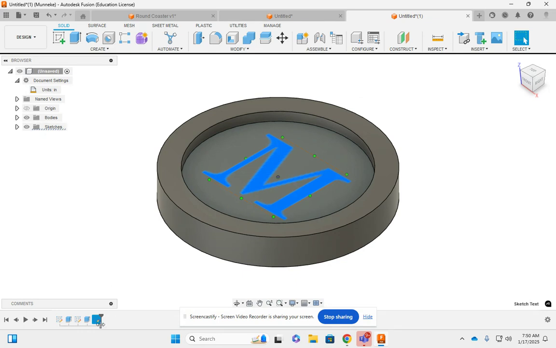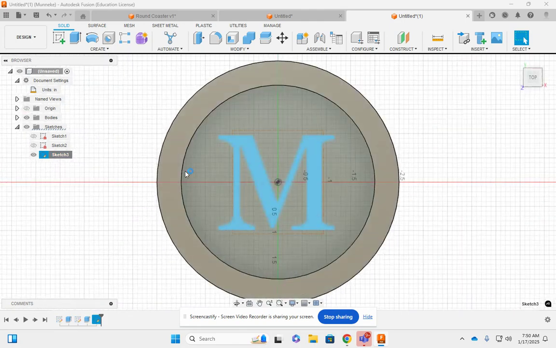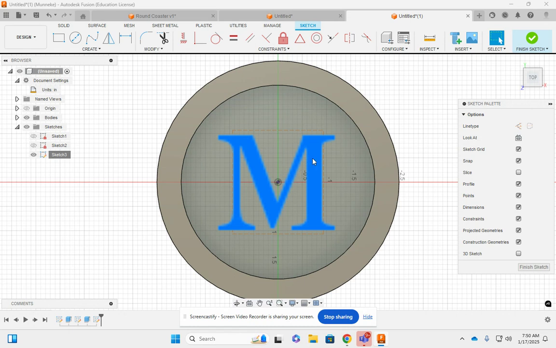And I want to go back into that sketch. So I went out of that sketch. If I need to go back into it, I'm going to open that. Here's my first sketch. There's the second sketch. And I can right click these and edit them and change any dimensions as I need. I'm going to edit my sketch 3. And this is why I couldn't go back. I'm going to actually right click my M